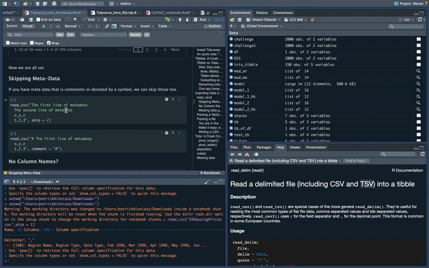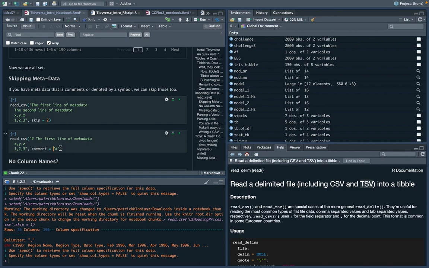If it's broken up into lines, which is really nice, we can just skip 2 lines. But if it's something like a comment, which in R is a number sign, we can tell read_csv that we want to ignore every line that has a hashtag or number sign